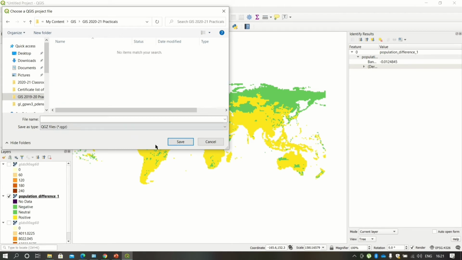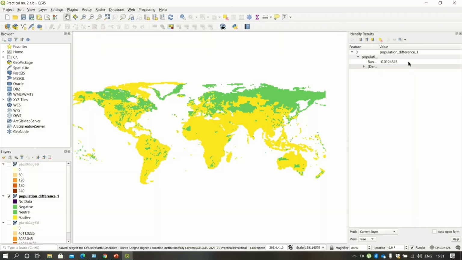So select the appropriate folder and give the project name. This project name is again user defined, but you can be specific. Click save and your project will get saved.